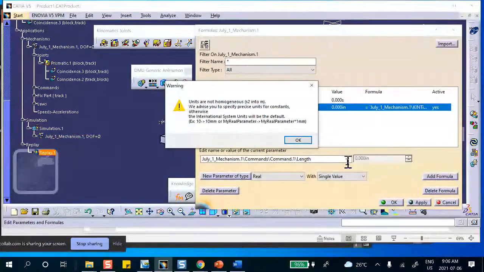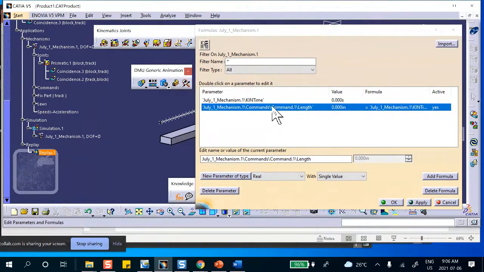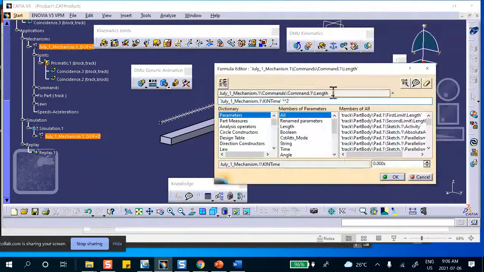It says, wait a minute, these units don't match. And the program is right. Let's look at it. Double click on this thing again. The left side is a dimension in inches. The right side is time squared. They don't match. You've got to fix that so that the left side is inches, and of course the right side is inches. And there are many different ways of doing it. One of them